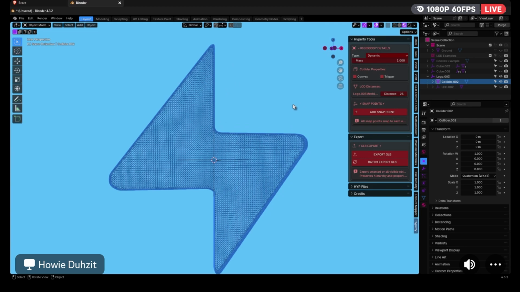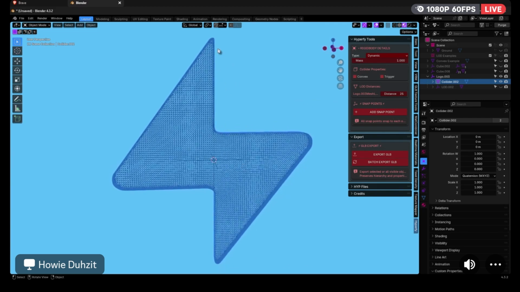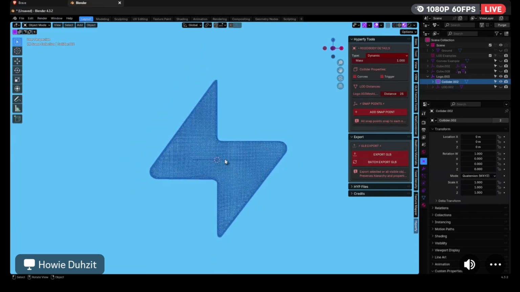This is how you get concave colliders, they call it. We don't see this term here because we use the opposite, but this would be a concave collider because it has a full collision. It's the actual mesh. Every part of it is there. If there was a hole here, you'd be able to go through the hole. But it's all there. Convex, on the other hand, if we were to hit this and turn this on,